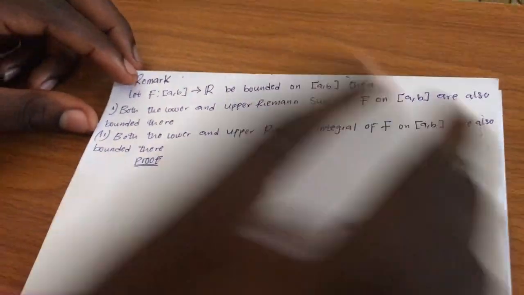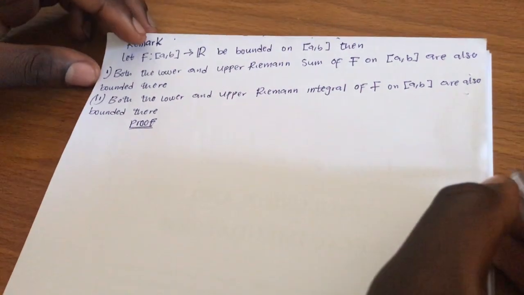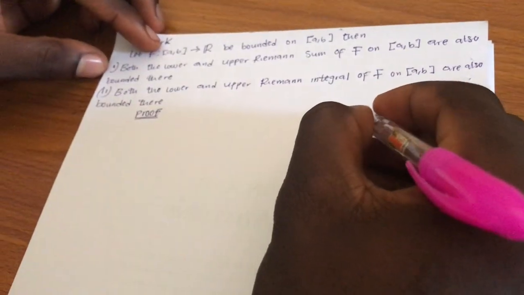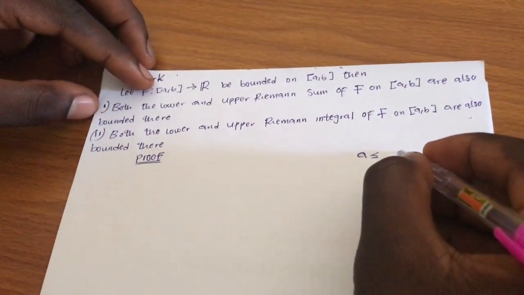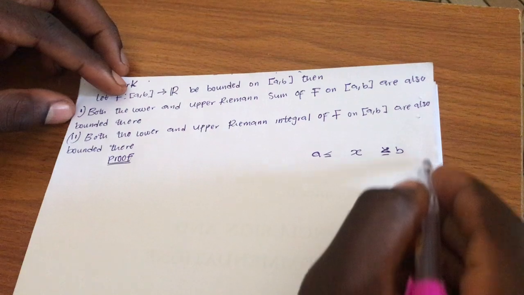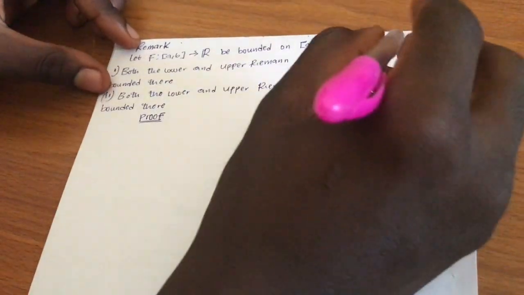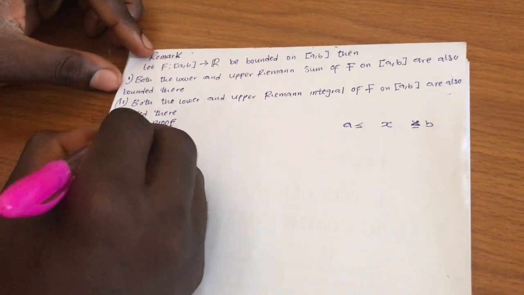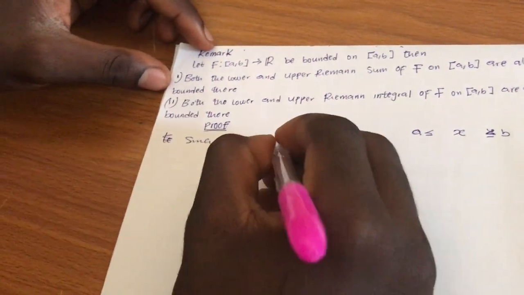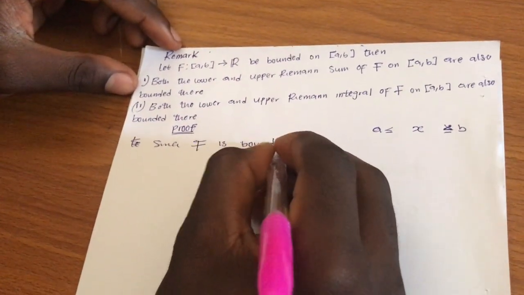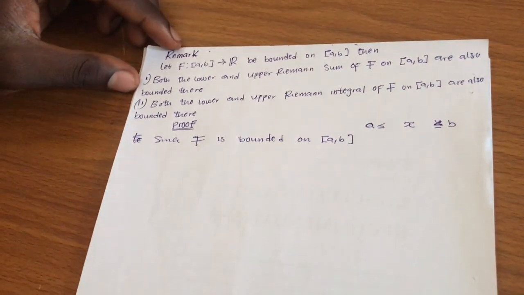You know, for a function to be bounded, it must lie between an interval of something like this. That means x is bounded between this interval. Do you understand? Now, the upper and lower Riemann sums, since f is bounded on [a, b], then